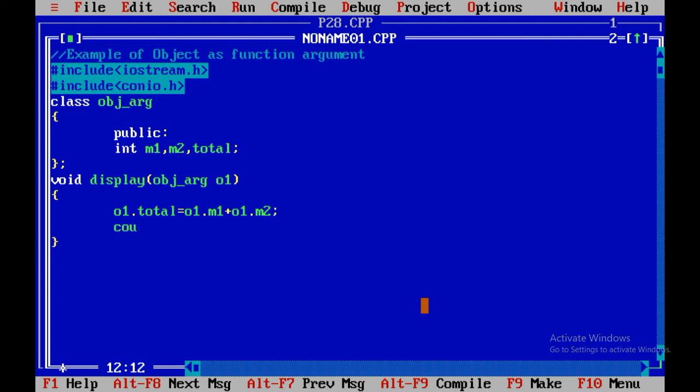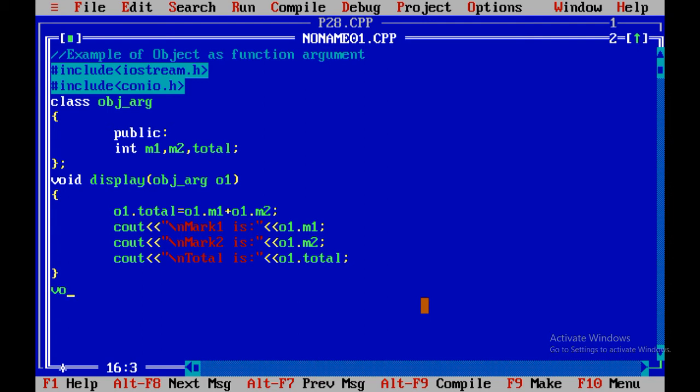Now cout \n mark 1 is o1 dot m1. cout \n mark 2 is o1 dot m2. cout \n total is o1 dot total.